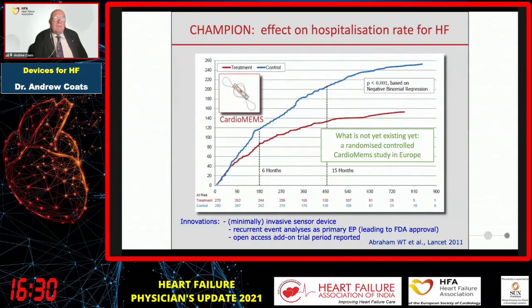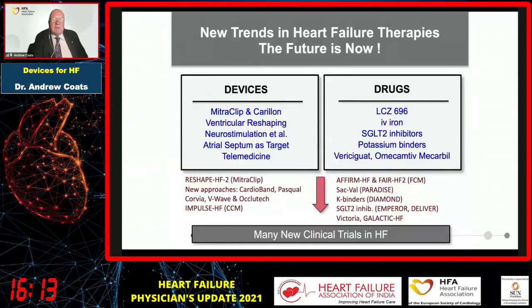The issue comes as to whether this benefit is equal depending on the healthcare system, because you have to have the capacity to respond to the pulmonary artery pressure monitoring. There's no point monitoring it if you don't have a way to respond to changes in PA pressures and optimize guideline-directed medical therapy. When we take a look forward now, of course, we've heard about the new treatments, SGLT2 inhibitors,